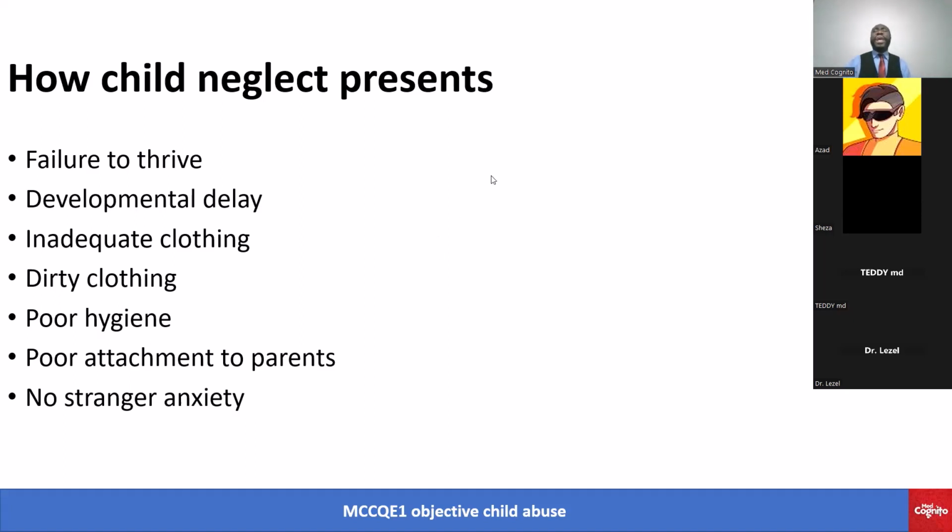Yeah. So if you have an 8 to 9 month old kid in the emergency room with unusual history, and instead of clinging to the dad or to the mom or to the caregiver, rather wants to go to every other person, and you have other concerns, then it should let you start thinking, maybe is there a problem here? Right? So these are the things you want to pick up. Okay.